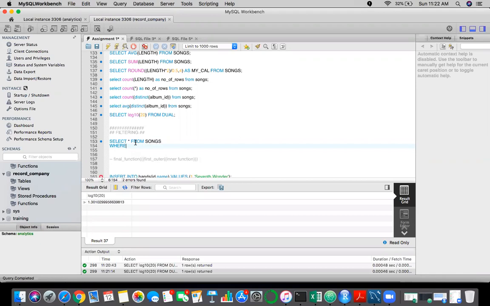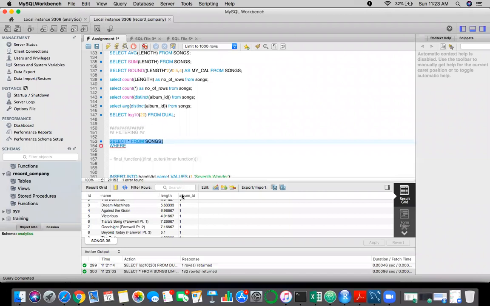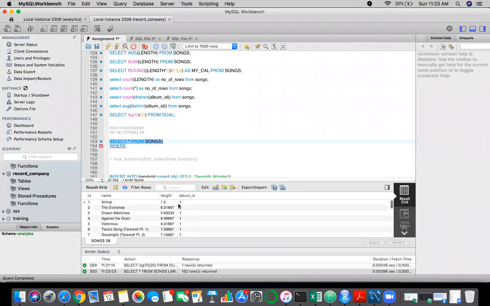Okay, so here we put a condition to filter out rows. I'm selecting all columns. There is no restriction on columns. In the where clause, I'll mention my condition to filter the data. Let's say I want all the rows, all the data for which album ID is 1. So I'll write where